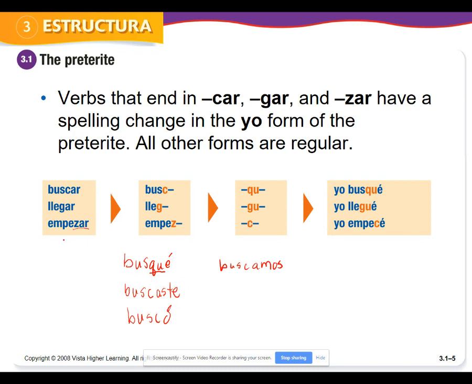Hopefully you remember it from your stem changing section. This is actually a stem changing verb in the present tense. Notice that it's not going to receive its stem change. We're going to talk here in just a second about stem changers, because I'm covering CAR, GAR, and ZAR verbs here, but I'm also going to cover a few of your spelling change verbs. So understand that verbs that end in CAR, GAR, and ZAR will have that spelling change in the first person.